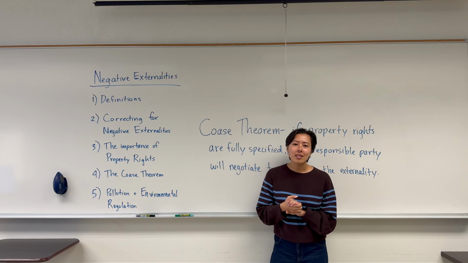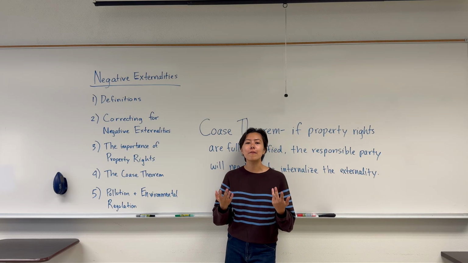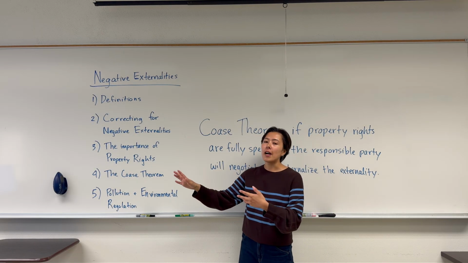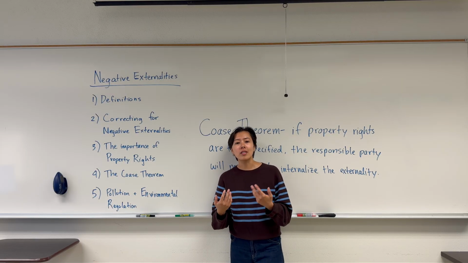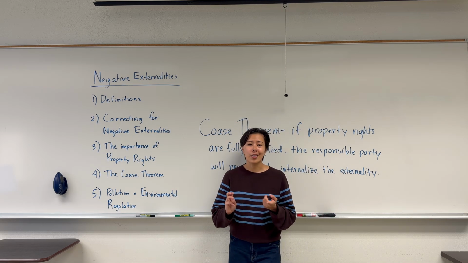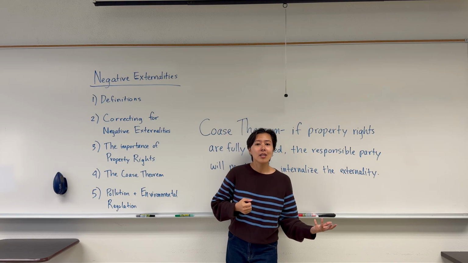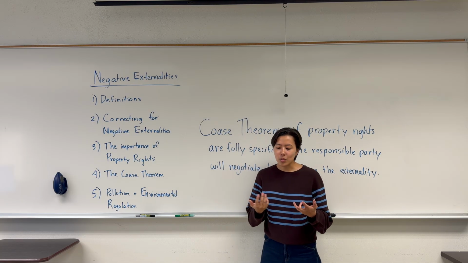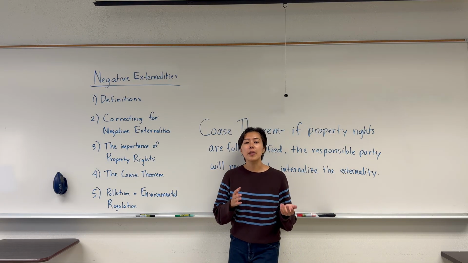The thing about this command and control regulation, though, is that economists might argue that it's not the most efficient way to reduce pollution. Between my factory and all the other factories around the world, it might be easier for some of us to reduce pollution than it is for others, maybe based on our inputs, on the location, on our other costs. Some factories might be able to reduce their pollution by a lot, while for some factories they can only reduce their pollution by a little. And so this is why economists might argue for another type of environmental regulation called cap and trade.